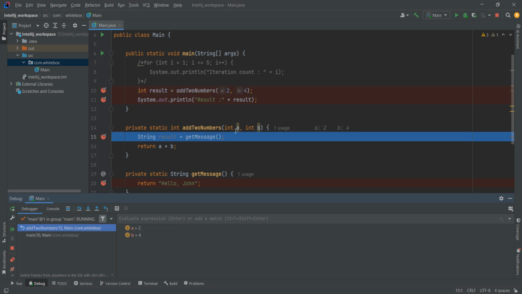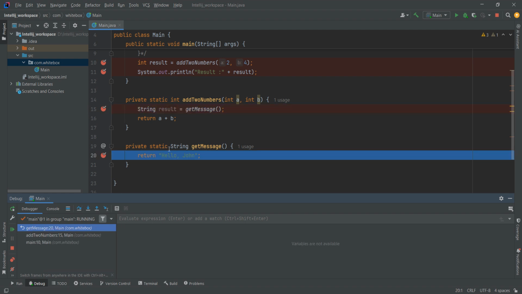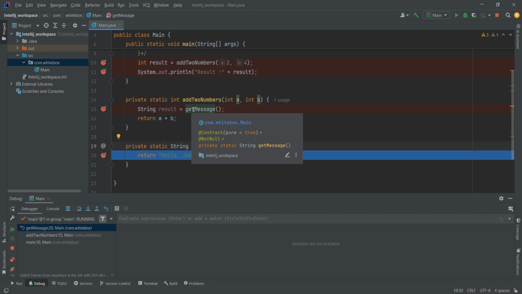Step over, so it came over here, 2 and 4, right? And from this line it will come to get message, right? Okay, so from this get message it will come back to the previous position, like from line number 15. Okay, so this debugger came, right? As there are no lines of code written in this get message, the debugger will come back to the previous position, that is the line from which this debugger came, right? Yeah,